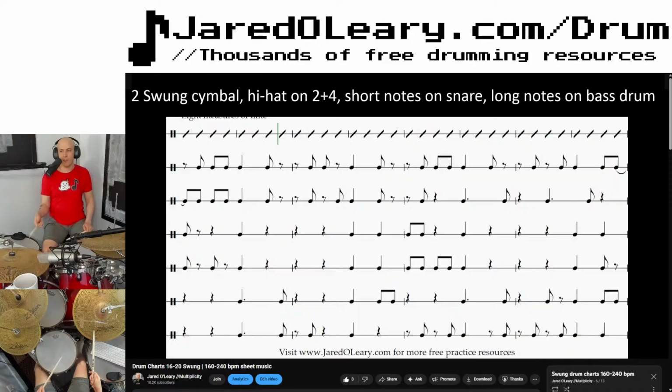It sounds so much better when I'm actually comfortable with the pattern. But again, mostly practicing. Practice stuff you're not good at yet. 1, 2, ready, and...